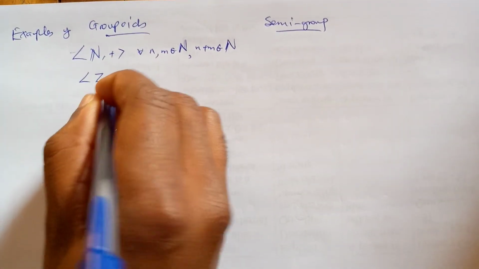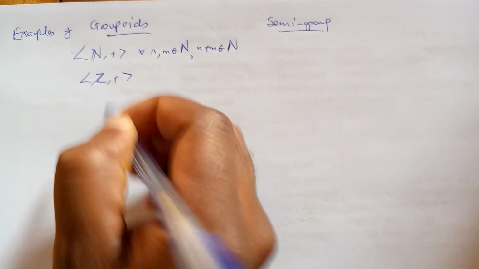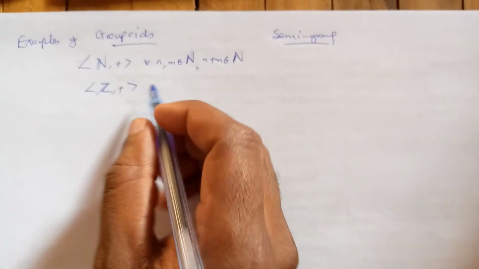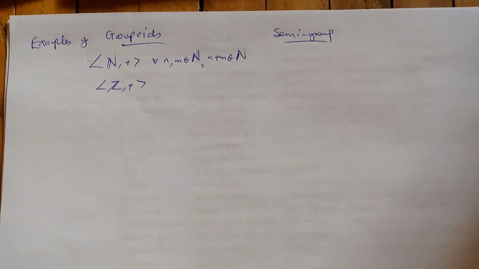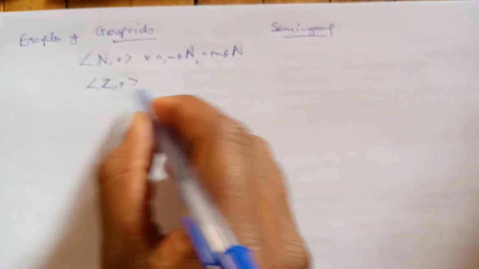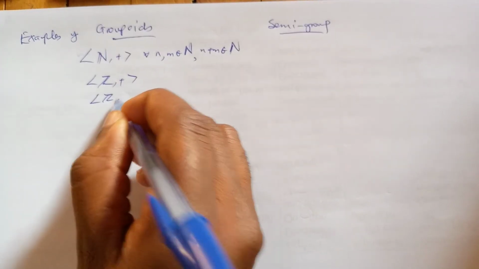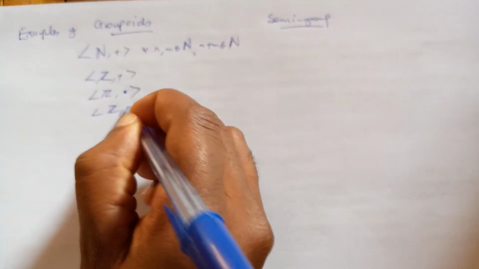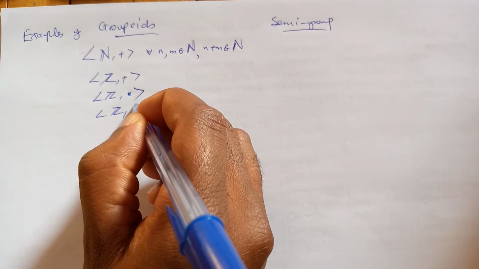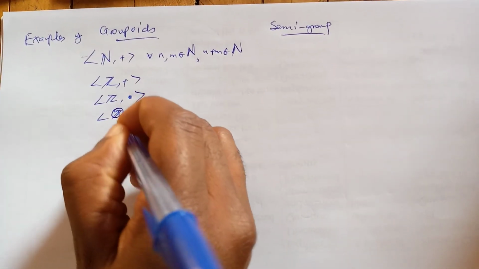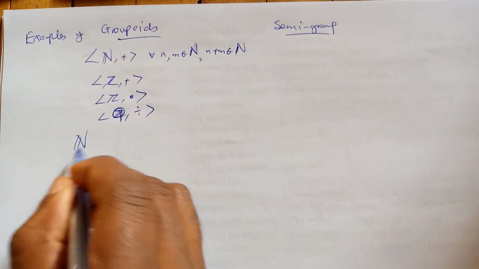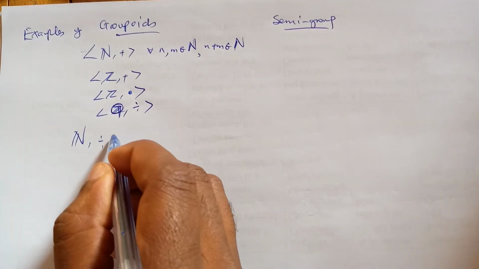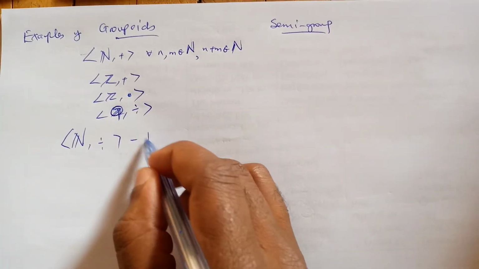Another one is the positive integers, and multiplication also. These are basically groupoids. Then there is division. But if we take natural numbers and division, this is not a groupoid